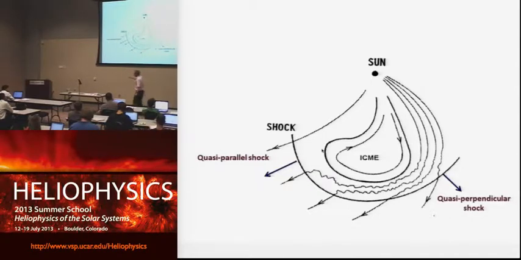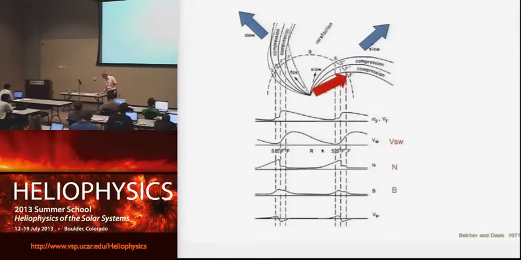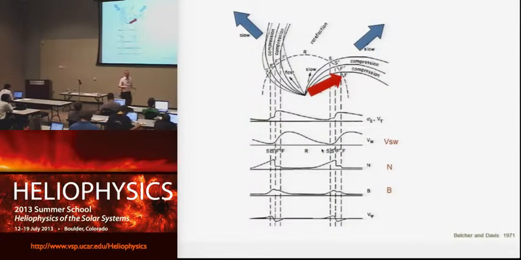So for example, in this side where we have something that we would call a quasi-parallel shock, the magnetic field lines are approximately parallel to the shock normal direction. And conversely on here, where we call it quasi-perpendicular, the shock normal is perpendicular to the field lines. So we're going to return and see what that means in a second. As I just mentioned, we can also get shock waves when you